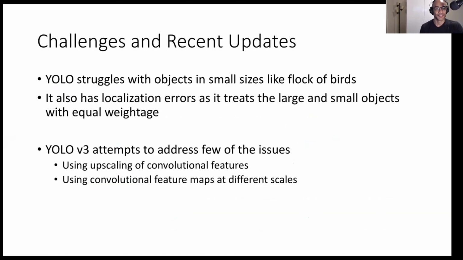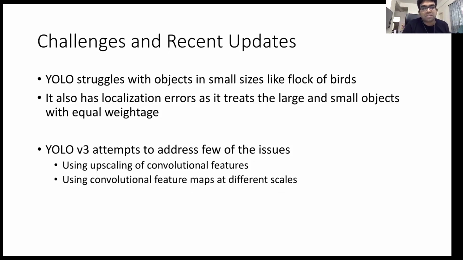Okay. Some of the challenges are that YOLO struggles with small objects, like a flock of birds, or if you have satellite images and are trying to count the number of boats in a scene. YOLO couldn't do that because most of the time it just doesn't use most of the previous convolution layers. That is one of the drawbacks, and also the localization errors, as I mentioned earlier. The small objects